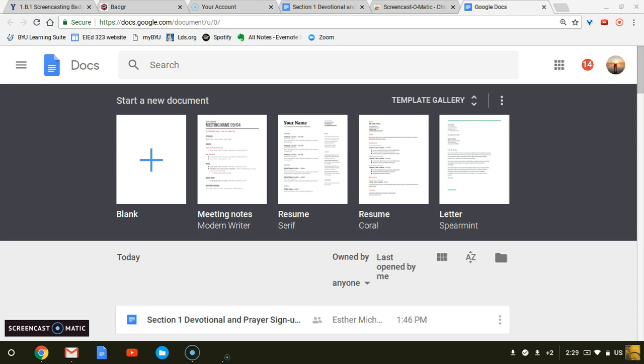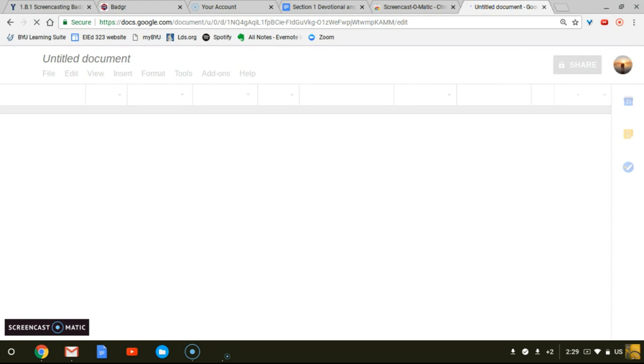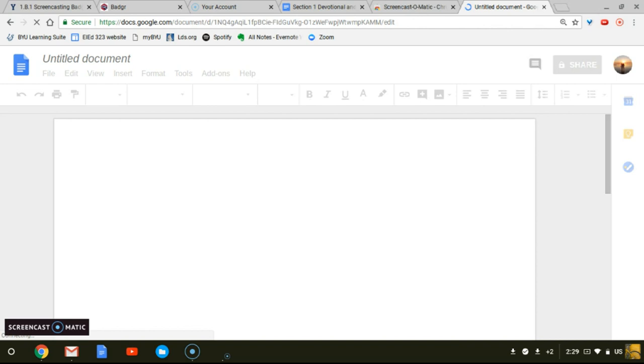Okay, so today we are going to create a thank you letter using Google Docs. So first you're going to sign into your Google account and start a new document. Once your document opens up, you will have a blank page as well as a title up here that starts